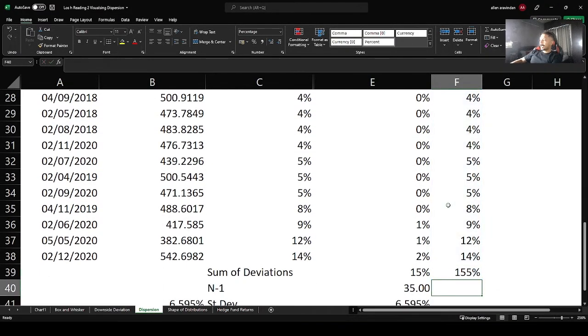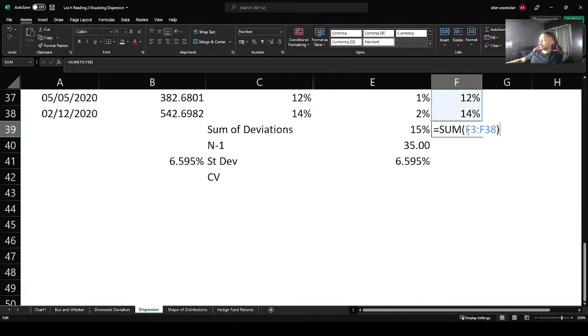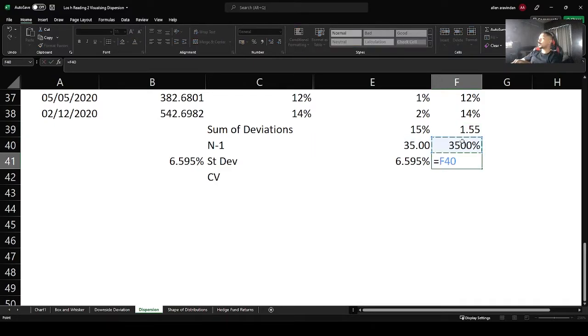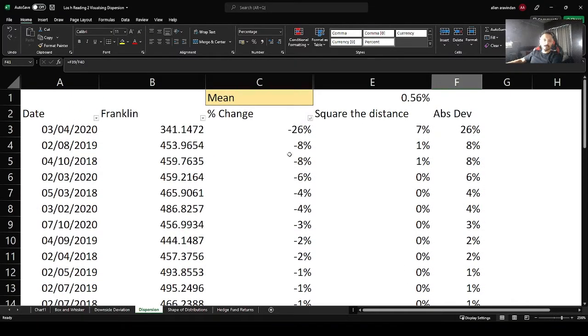Right? And I'll just divide it by the number of observations. So that's my sum of deviations, and my n minus 1 is going to be the same, and my mean absolute deviation is going to be sum of deviation divided by the number of observations. This is nothing but numbers. So now my mean absolute deviation comes up to 4.42. Remember, the method differed on how to ignore the sign.